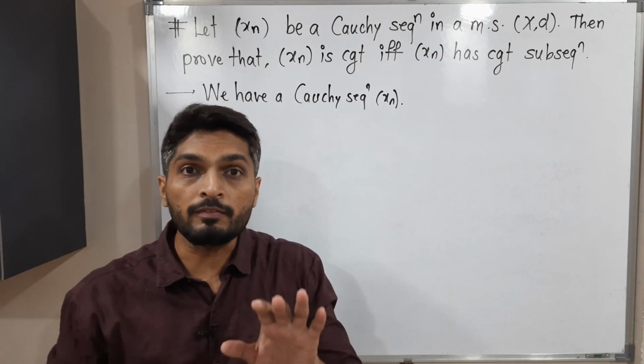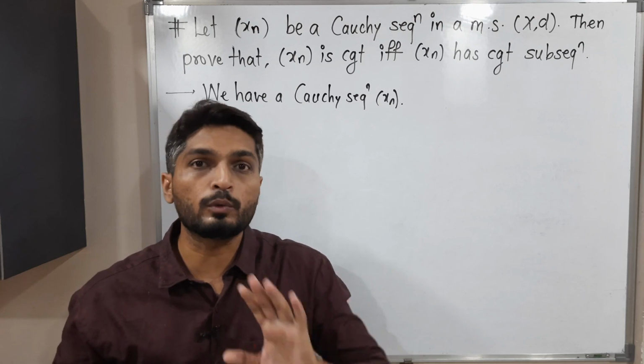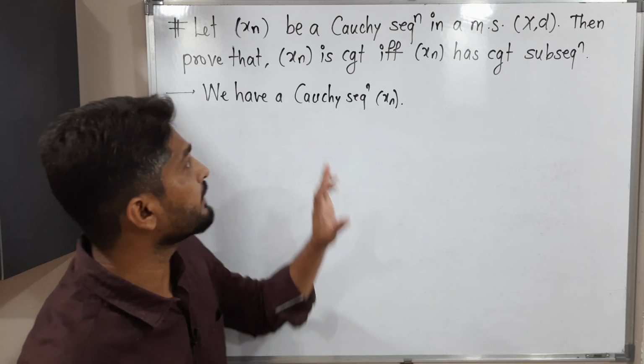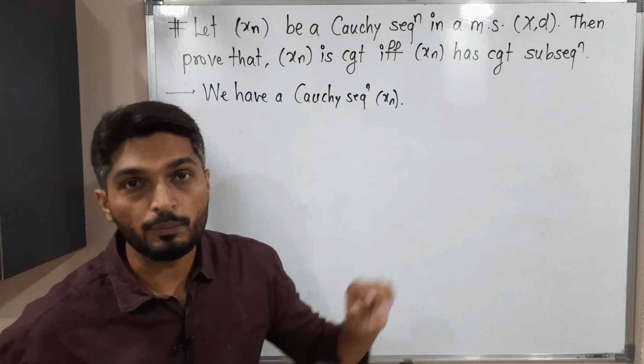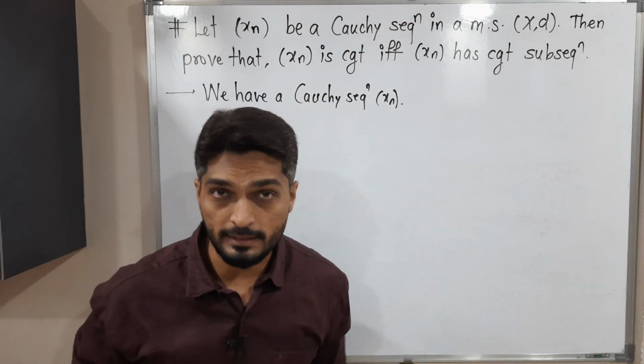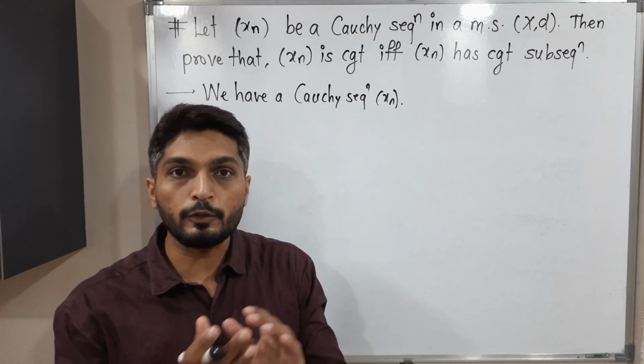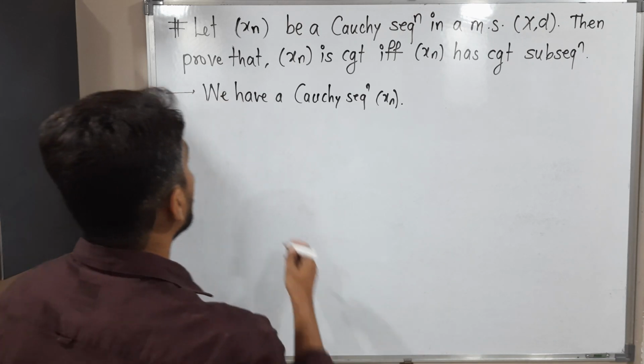So you know that if in a statement we have an if and only if, we have to prove it both ways. That means first of all we have to assume Xn is convergent and prove it has a convergent subsequence, and we have to prove the converse part also. So let us start to prove the first part. Assume that